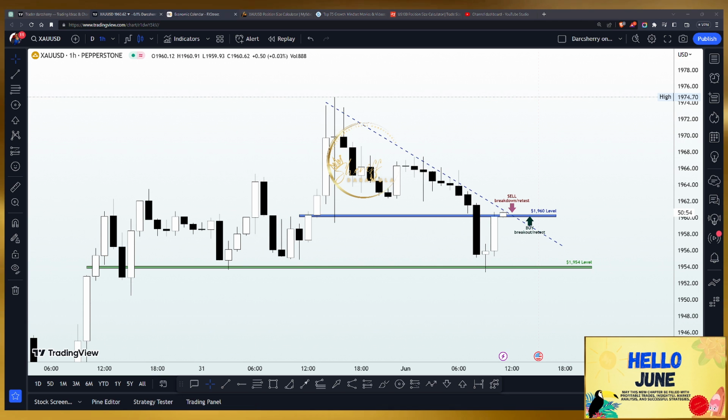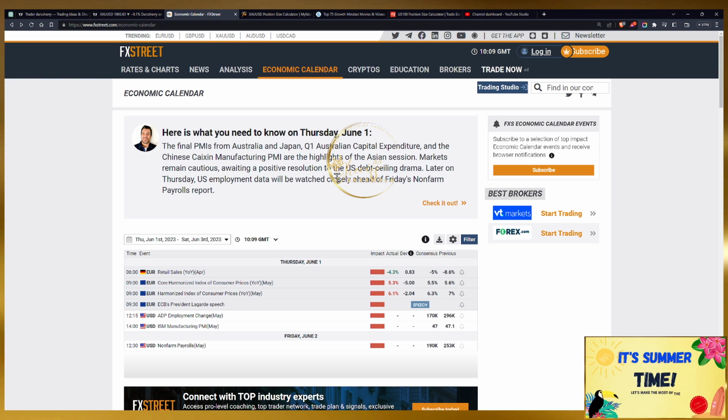And so this is why we are going to be looking at this, and I was able to pull out a couple of macroeconomic events, of course, coming in from the US docket alone, that we are going to be looking at in a moment. And one thing you will have noticed in the market in the last 24 hours is that we have been seeing some level of cautious trading, where the majority have been pulling away from the dollar in the last 24 hours, and this is connected to the awaiting of a positive resolution to the US debt ceiling drama, which is still ongoing.